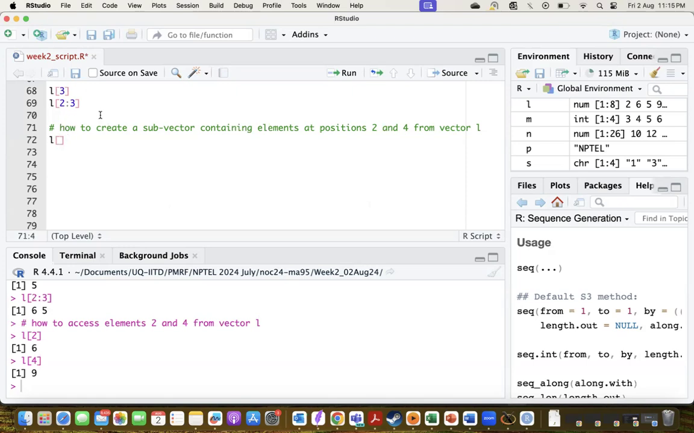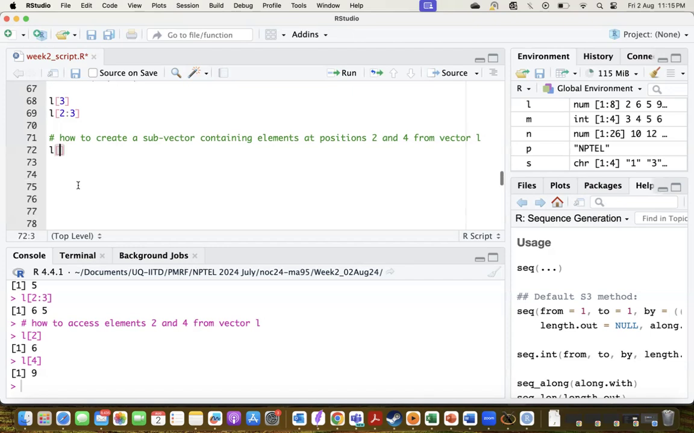Okay, so what 2:4 is going to do is going to give you elements 2, 3, and 4. You're going to get 3 elements as the output. We want just elements at second and fourth positions. So here we could have just written 2 comma 4, right? But R is going to consider, so this might sound a little confusing, but